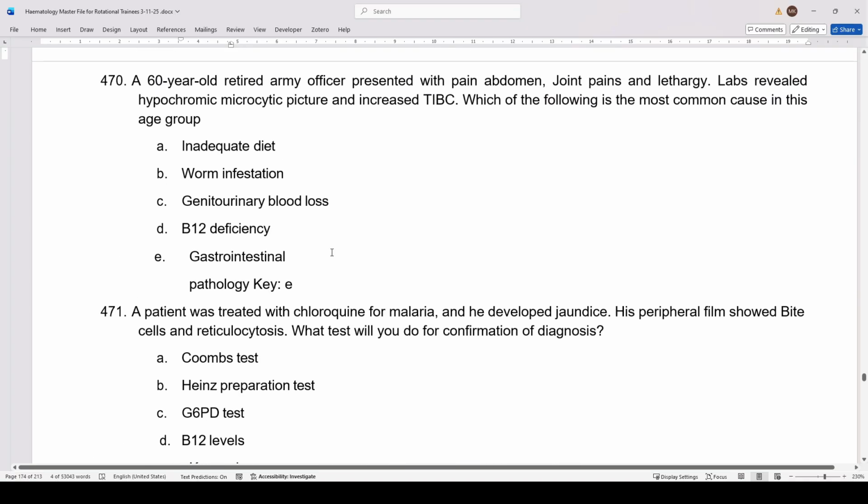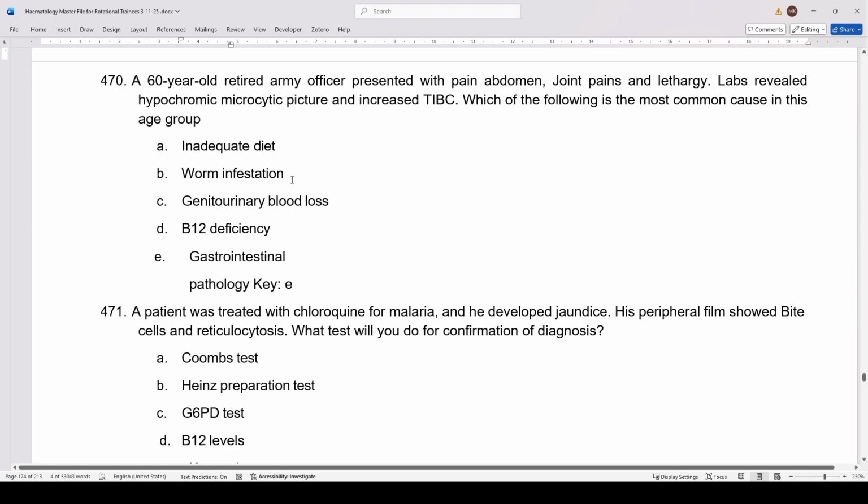A 60-year-old retired army officer presented with abdominal pain, joint pain, and lethargy. Lab revealed a hypochromic microcytic picture. Increased TIBC points towards iron deficiency anemia. Which is the most common cause in this age group? In this age group, the most important cause is GI bleed, gastrointestinal bleed. In kids, at the age of 4, 5, 6 years, in that case we will